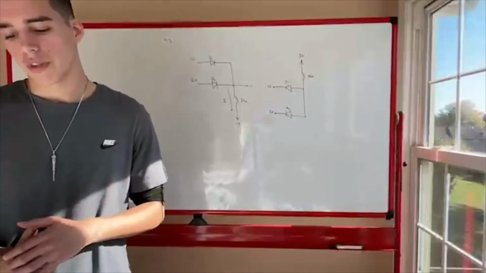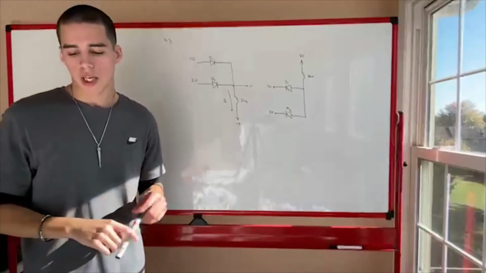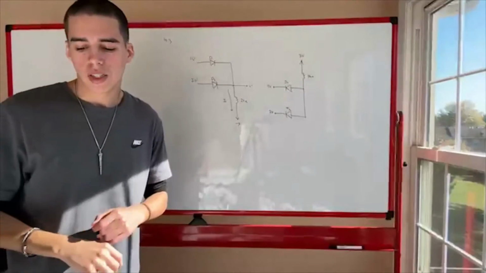Okay, 4.3. For the circuits shown in 4.3 using ideal diodes, find the labeled voltages and currents. Okay, so